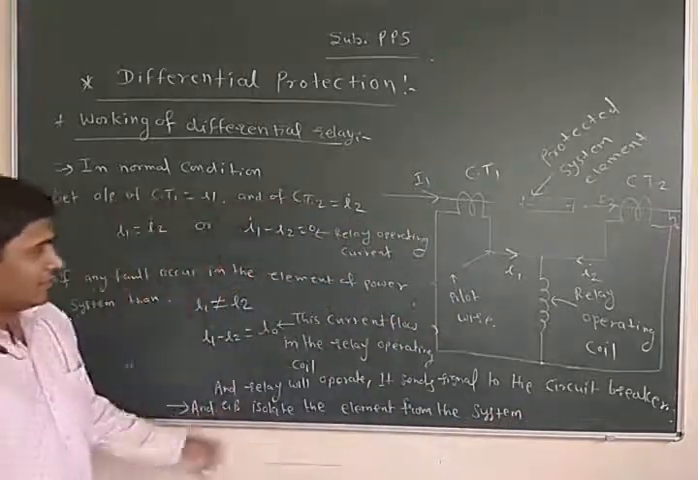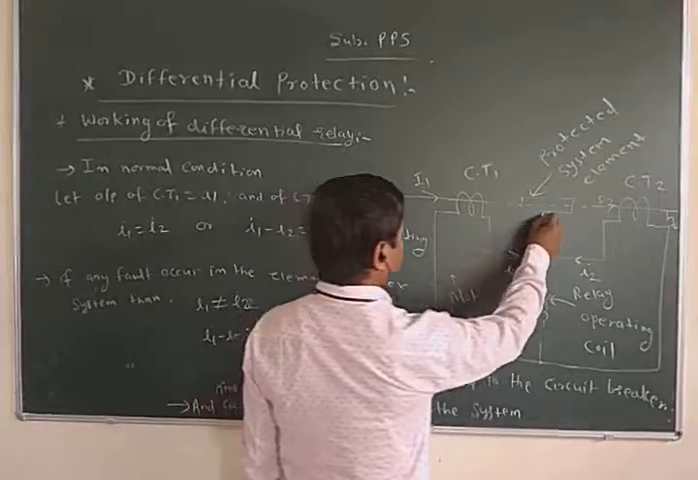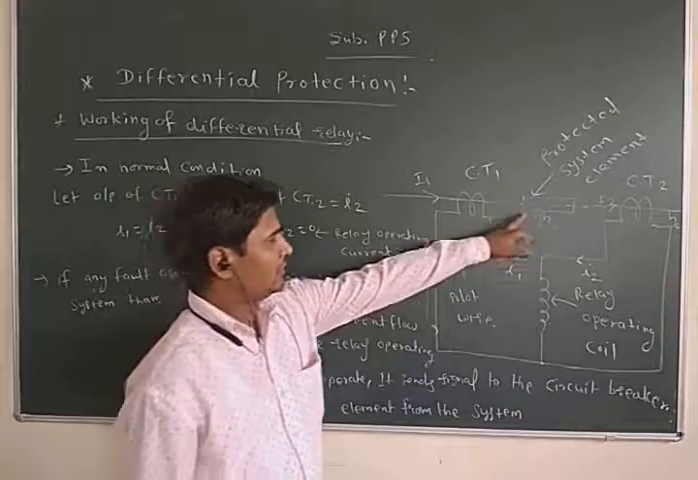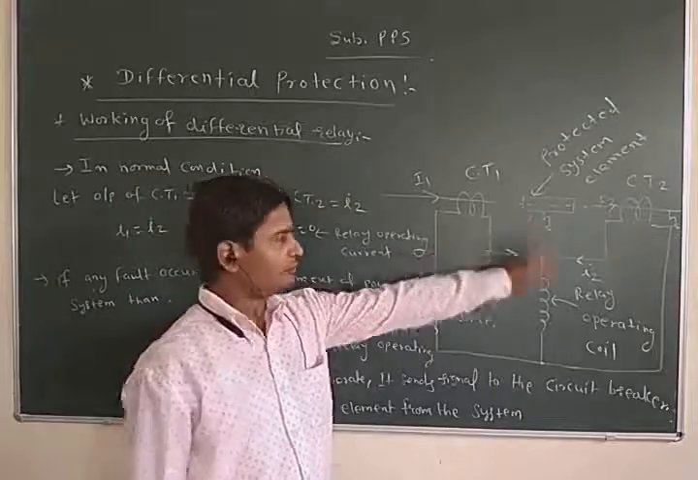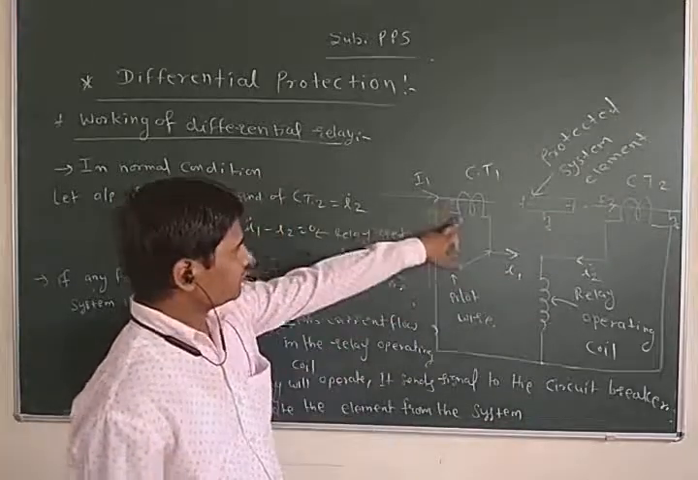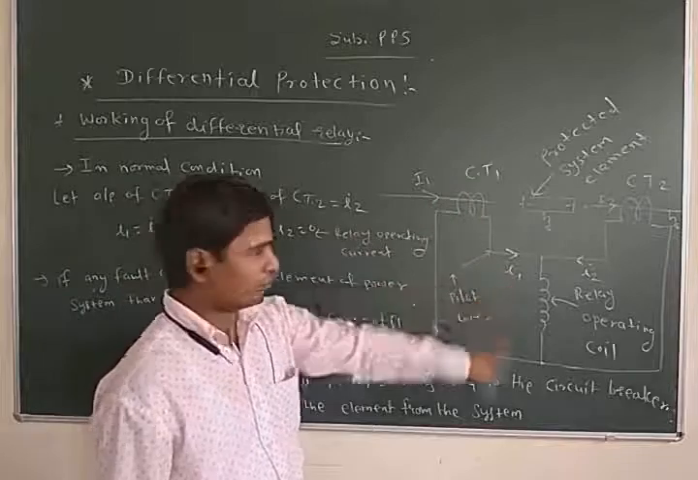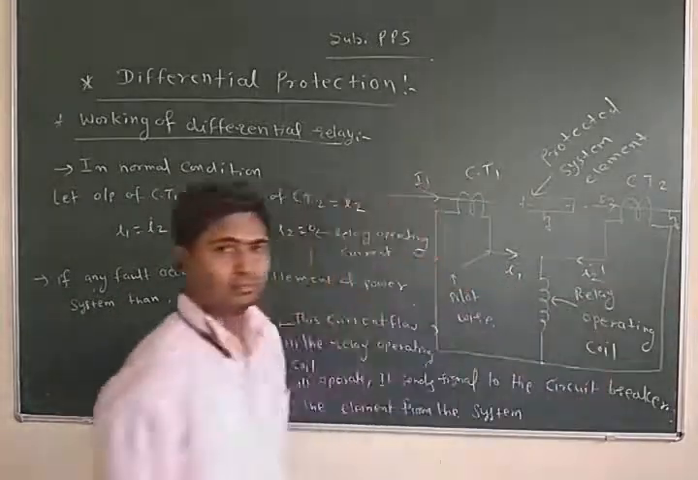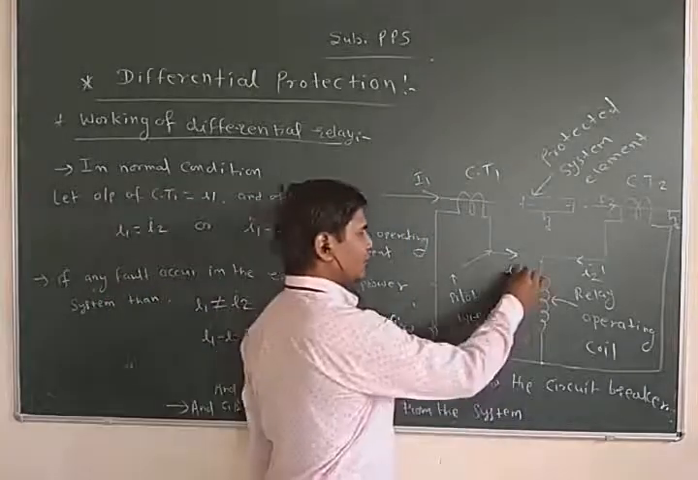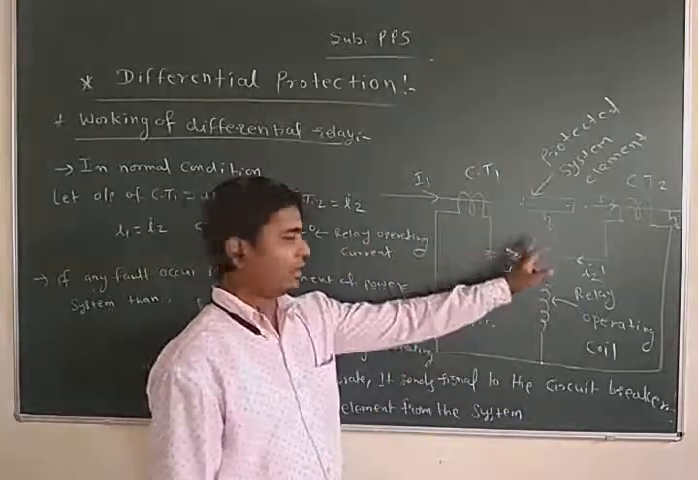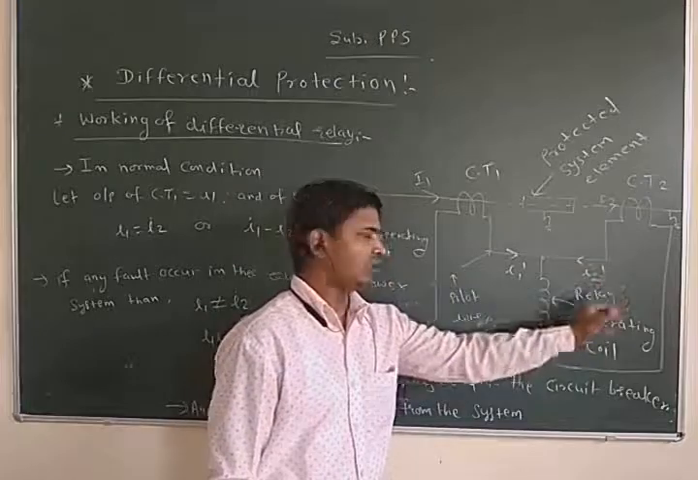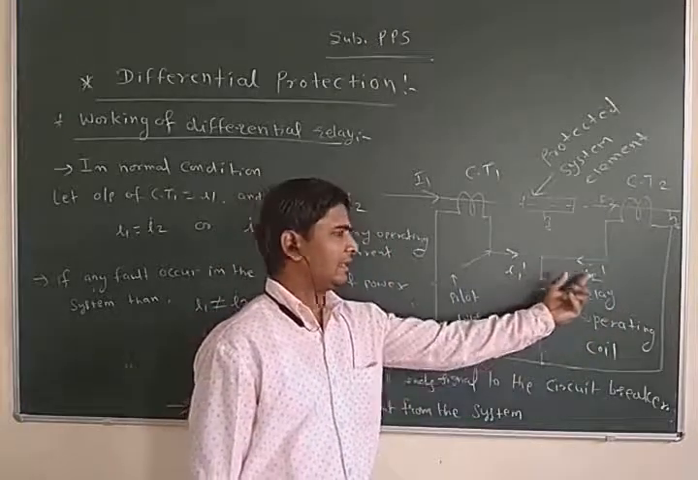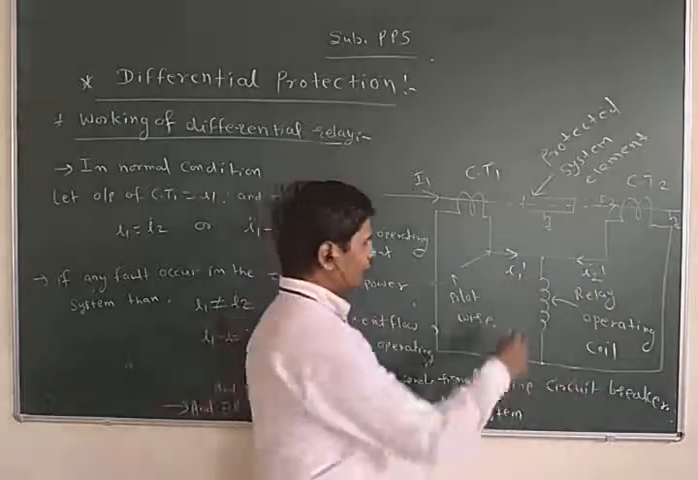So to understand this, suppose this is a fault in a power system element. If any fault occurs in this element, the output of CT1 is I1' after the fault, and the output of CT2 is I2'. When we compare these I1' and I2', meaning I1' minus I2'